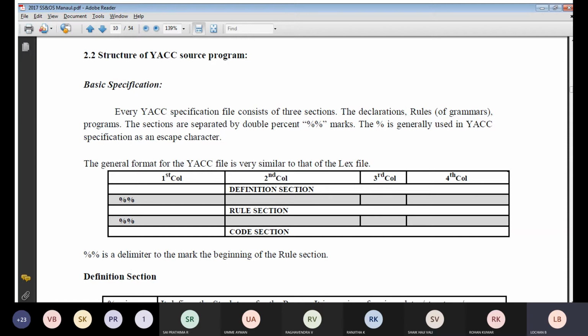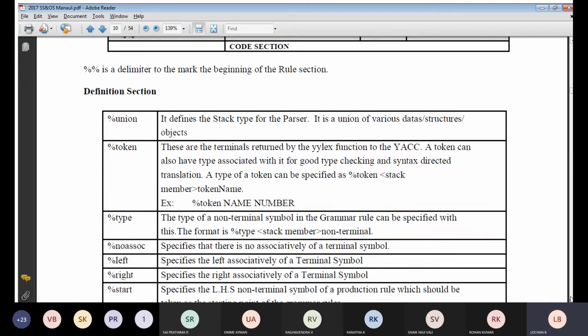Code section is nothing but the main section. Generally we will be executing the program. However much pseudocode you are going to write, it will be executed in your main program only. So the execution will start in your main. For that we are going to make use of the code section. These are the sections we will be using in your Yacc.